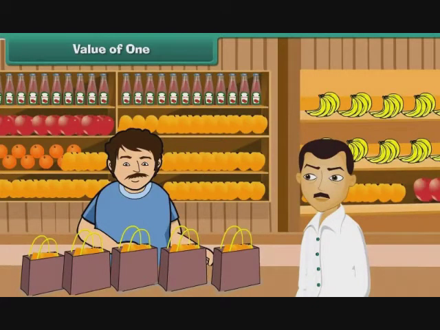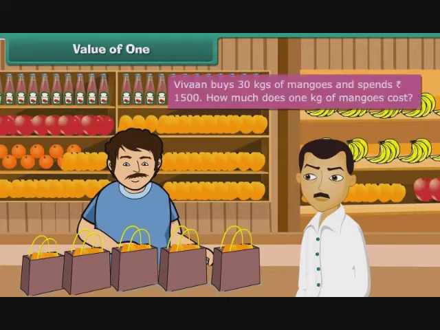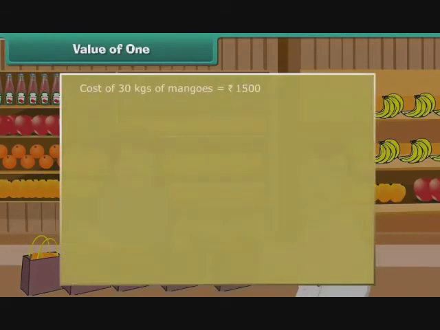Value of 1. Vivaan buys 30 kgs of mangoes and spends 1,500 rupees. How much does 1 kg of mangoes cost? Cost of 30 kgs of mangoes is 1,500 rupees. Cost of 1 kg of mangoes is 1,500 divided by 30, that is 50 rupees. A kilogram of mangoes costs